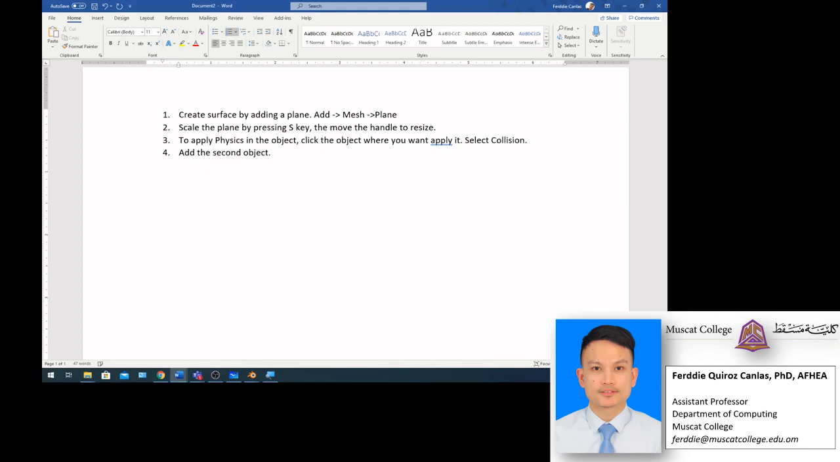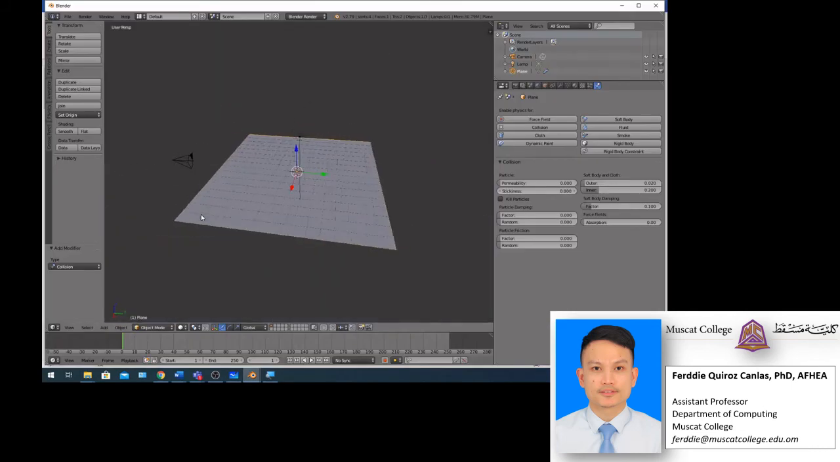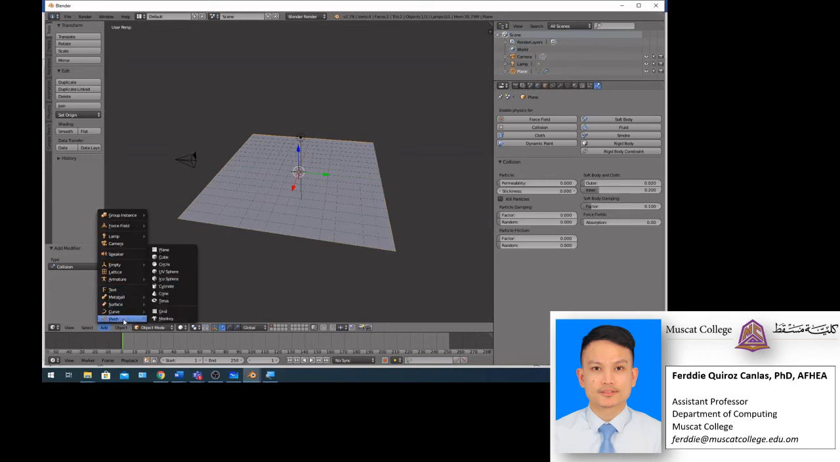In this case, what will be our object? Go with add, again mesh, and then let's go with sphere, right? Maybe you can use sphere or box. It's all up to you which object you want to add in this example. So you can go with add, and then mesh, then go with sphere here,